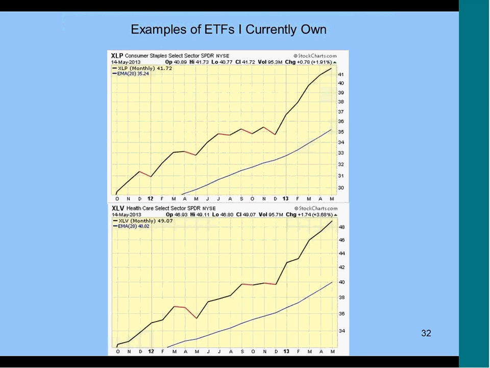And let's take a quick look at some of the ETFs that I currently own in my brokerage account. Here's this first one, the Consumer Staples ETF. We can see it's clearly in a price uptrend. This is the 1-month price, and here's the 20-month EMA. I also own the healthcare sector,